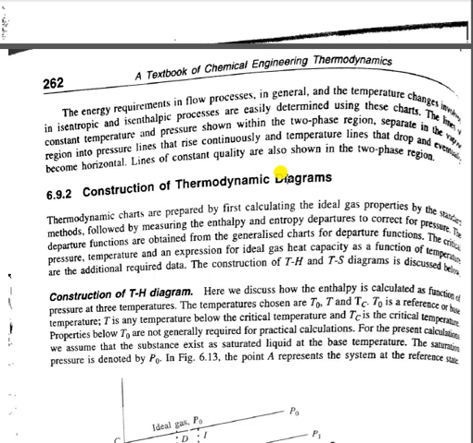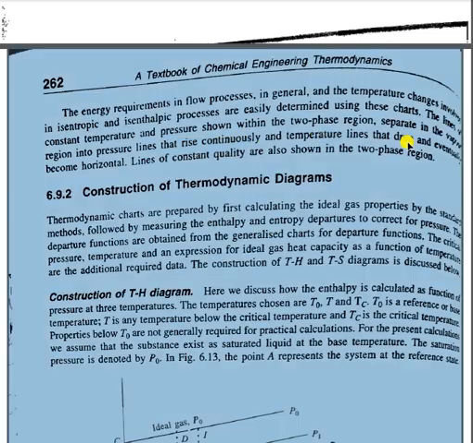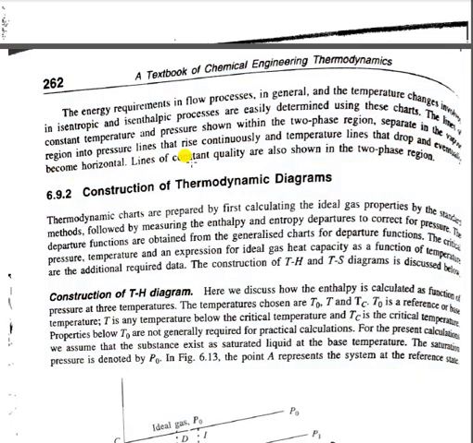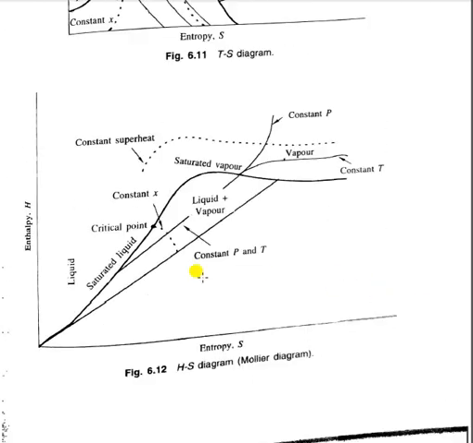So using this data, we construct the isentropic and isenthalpic processes. The lines of constant temperature and pressure are shown within the two phase region and separate in the vapor phase region into pressure lines that rise continuously, and temperature lines that drop and eventually become horizontal, as we saw in the figure. Okay, this line is indicating liquid converting into the vapor. So the vapor liquid region is converting here to the vapor.